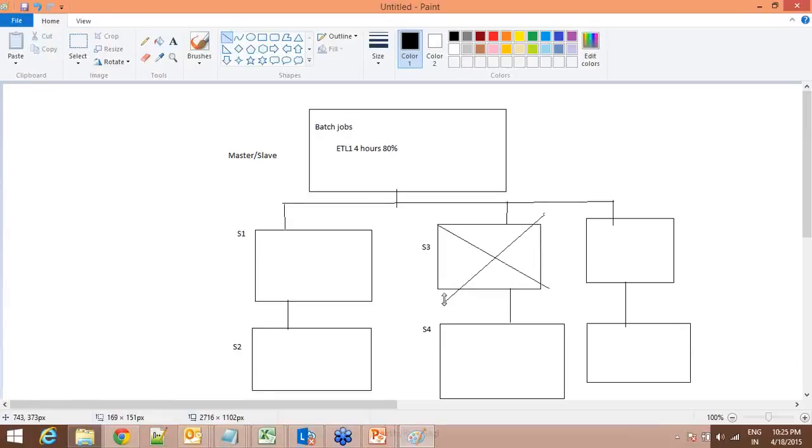So this application, which has been running for the last 4 hours, now to finish the remaining 20%, it needs some data from here. So what will it do? Since the node is gone, no longer accessible, it will try, and the application will fail. So whatever it spent in the last 4 hours is going to waste. The resources consumed are wasted. Again, the ETL admin has to fix this node. Again, they have to start. Again, it will take some 4 to 5 hours.